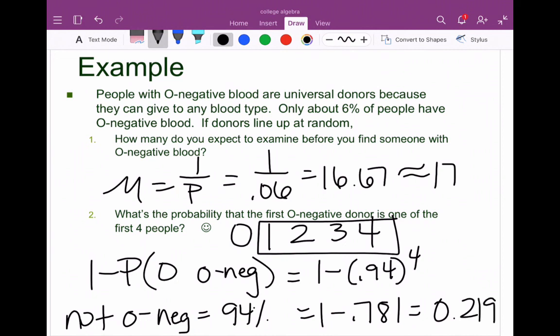So the probability that somebody will have O negative blood in one of the first 4 people is 21.9% of the time. We're going to practice using the geometric model more in class tomorrow, but that's all I have for